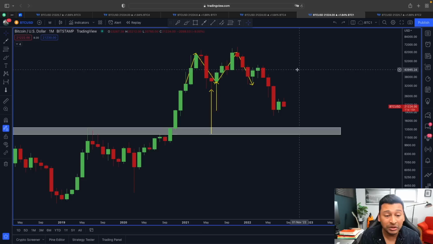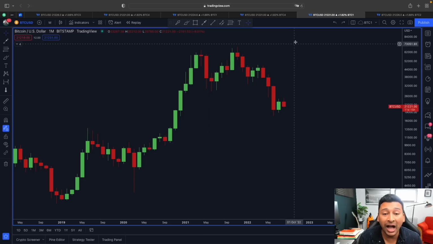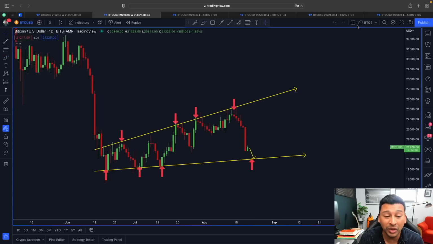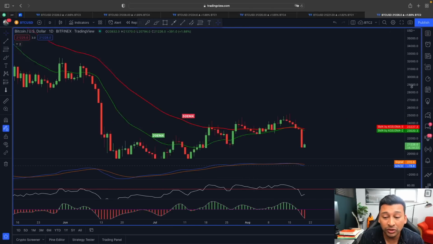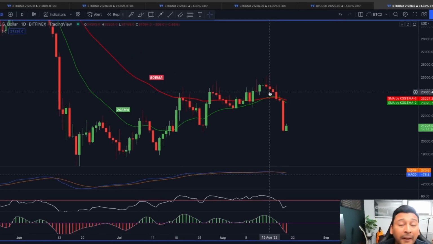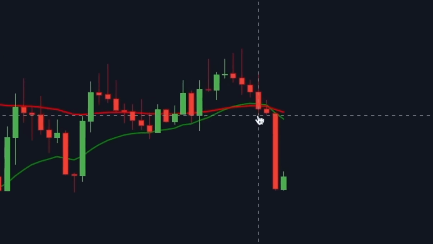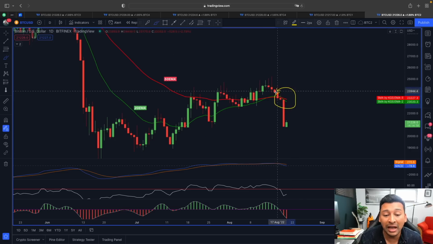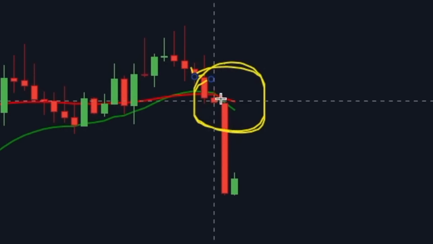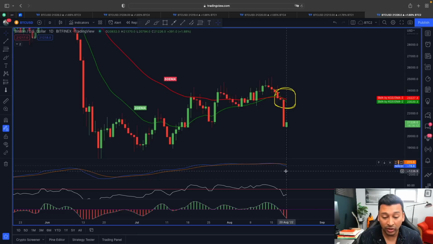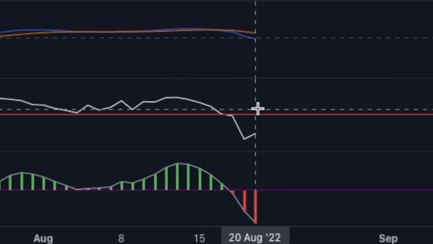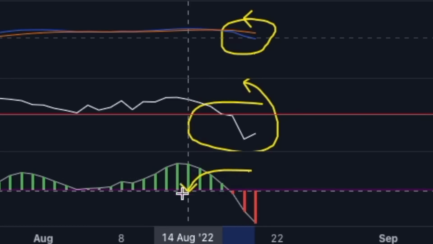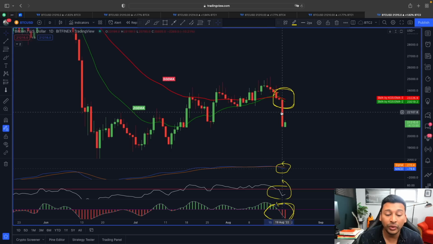Don't get me wrong, guys, I'm showing you exactly what I see after the price of Bitcoin has broken the key line of support around the 22,500, 22,000 range. And not just that, also the bullish crossover, which was supposed to hold at least months of range bound and an impulsive movement, has failed after a couple of days of consolidation. This is also clearly flashing us a weakness. I mean the red line, the 50 exponential moving average, crossing above the 20 exponential moving average, because if you look to the downside, the RSI line is still below the 50 level, MACD is bearish, and TTCCI is in negative territory, favoring the weakness in the price action of Bitcoin.